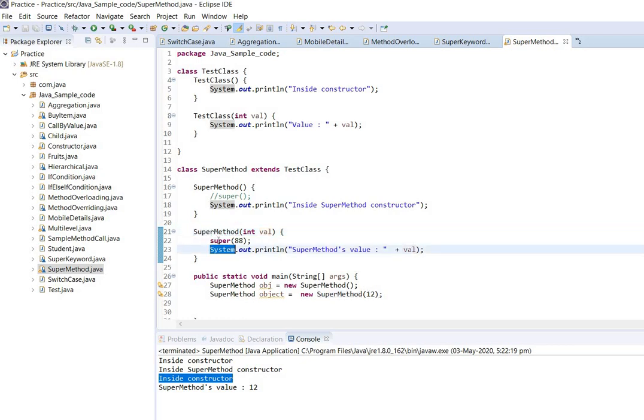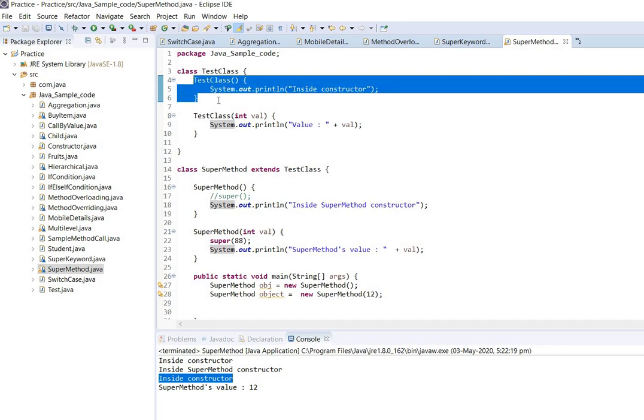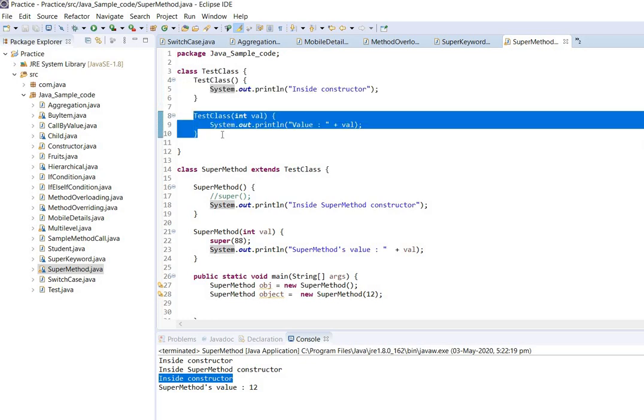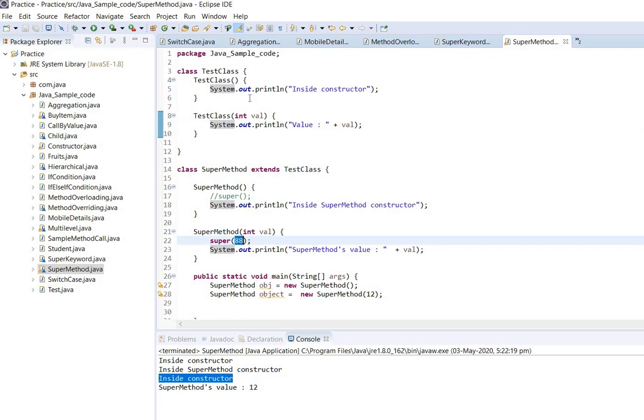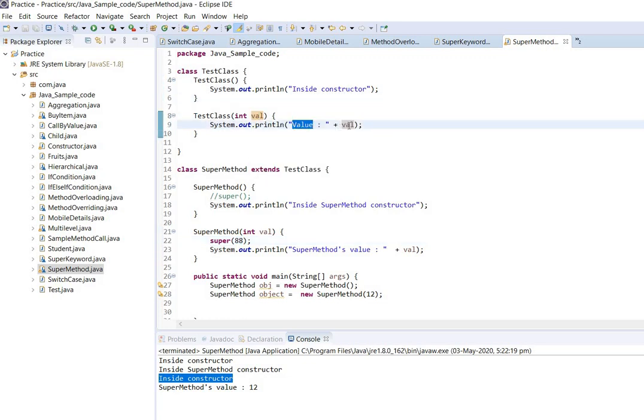But before printing this, it will call super with the value of 88. This time it will not call the constructor with no argument, but it will call this constructor. So the value would be 88. It will print the value 88 here, and then it will come back and print this value. So let's run it.